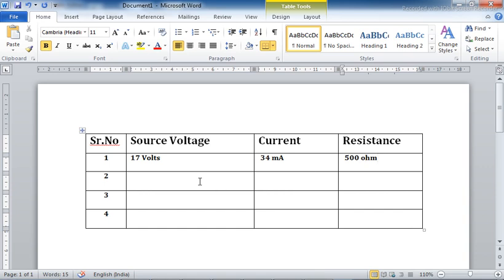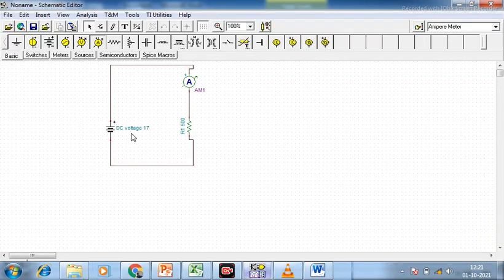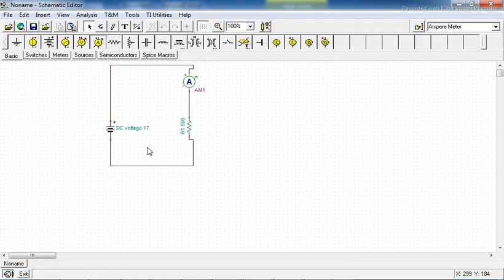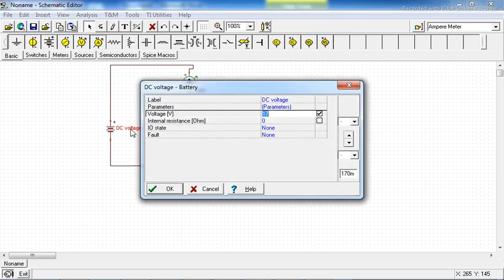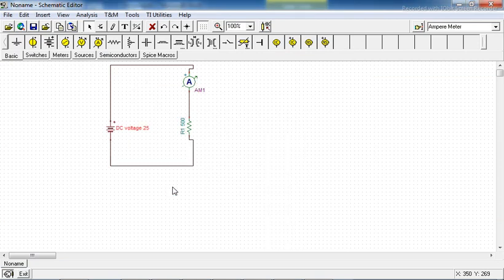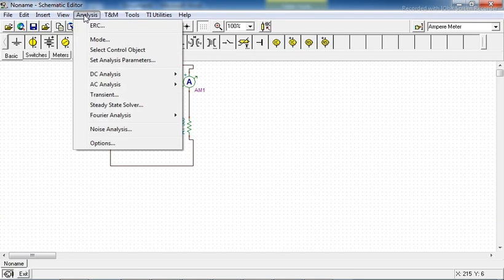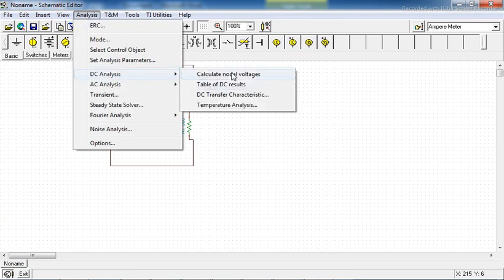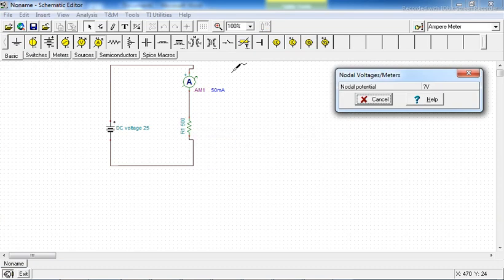Okay. Now to verify Ohm's law, we will keep the resistance value fixed and go on varying the source voltage. So let me increase the value of the source voltage. Instead of 17, let me take it as 25 volt. Go towards analysis, DC analysis, calculate nodal voltages.